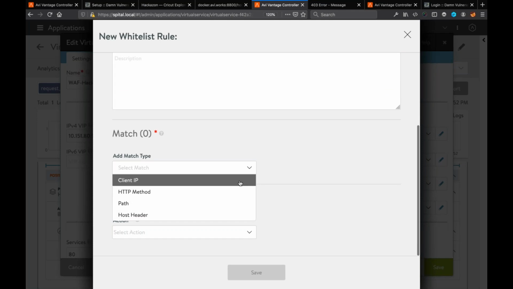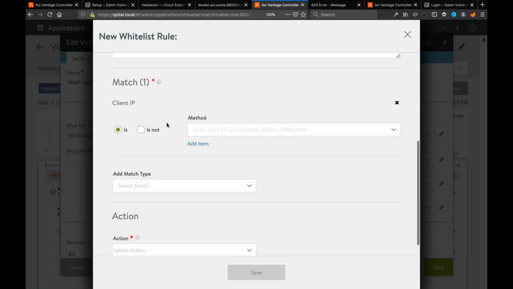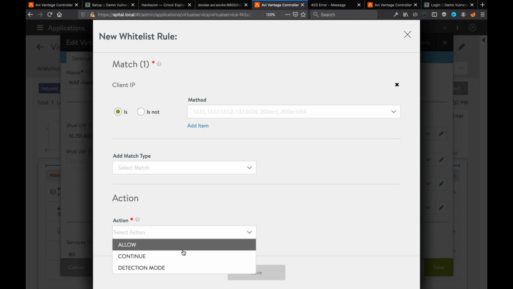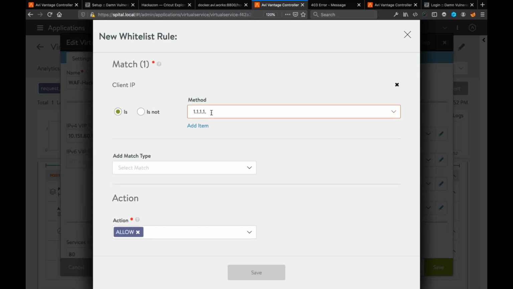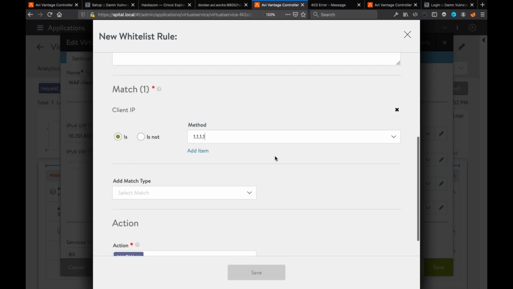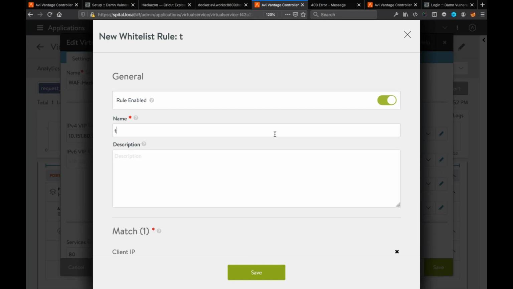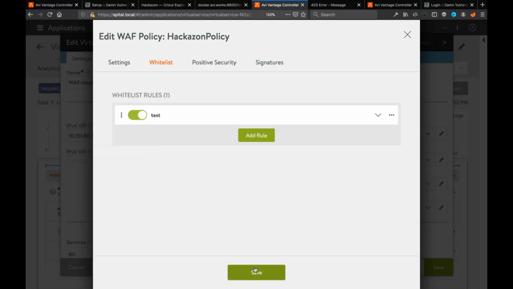If you have, for example, a client IP that shouldn't hit the WAF, you can say, okay, this specific IP address should just be allowed. So if you have a request coming from there, you want to allow it, right? So I need to give it a name as well. Very quickly, you can set up all these little rules around what you need in your specific environment.